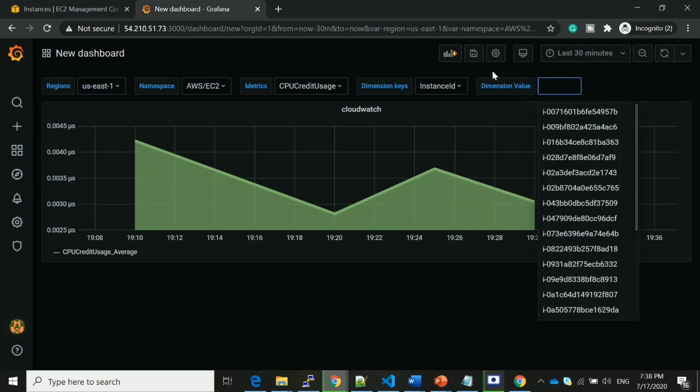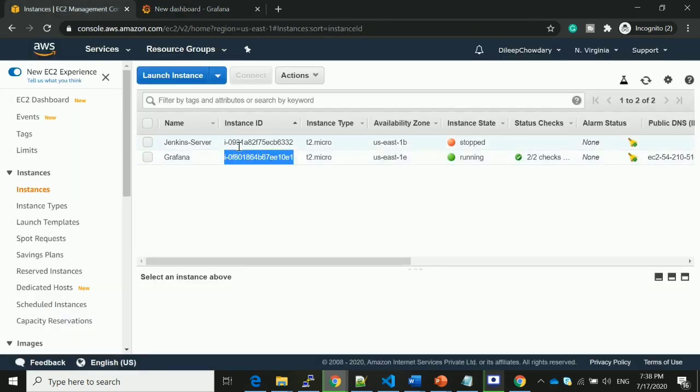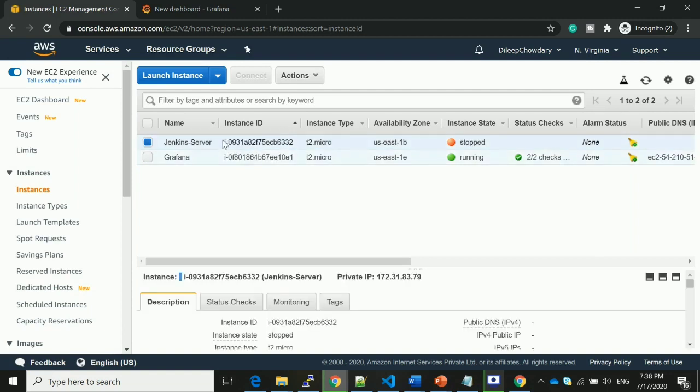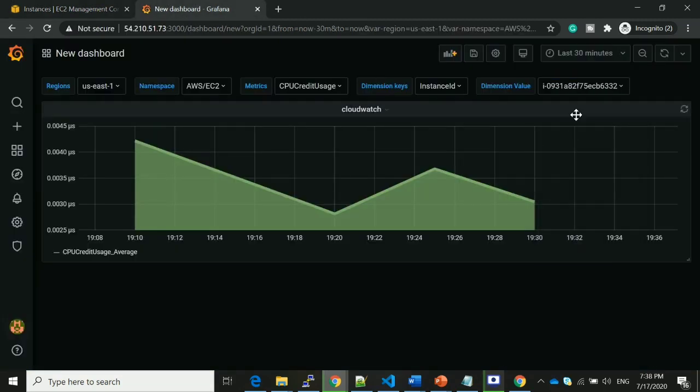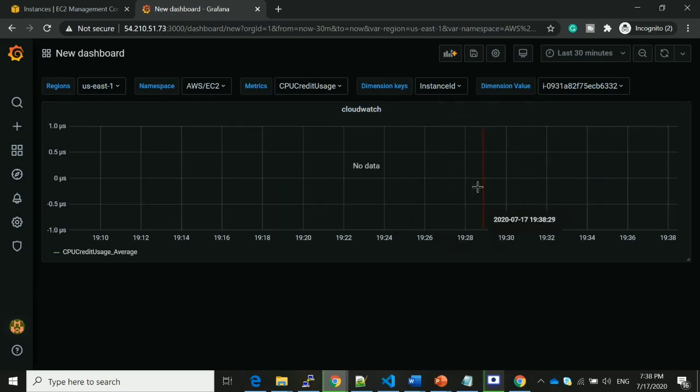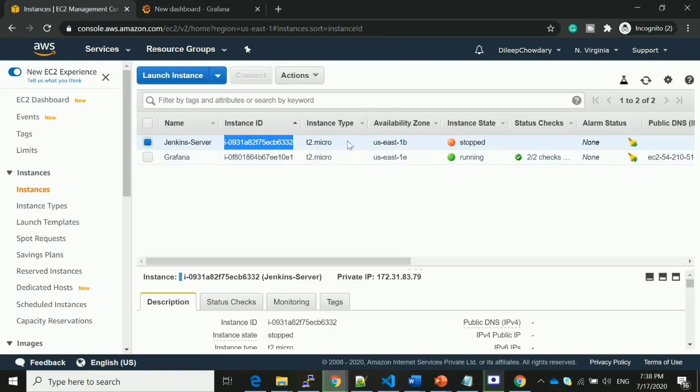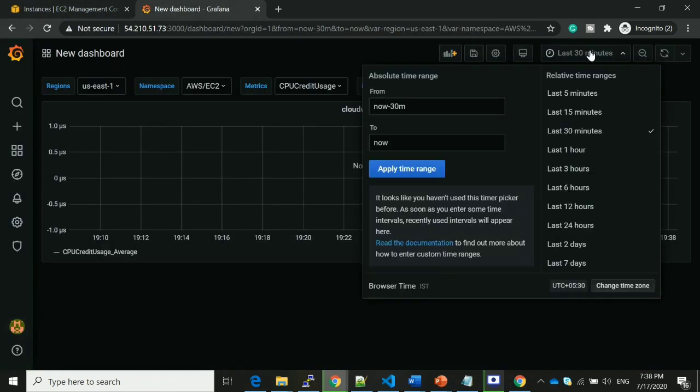Let me copy Jenkins server ID. I'm copying that one. Okay, I just copied. Here I am pasting that ID. Okay, see, the graph is loading now. So here if you observe, I'm not finding any data. My Jenkins server is not running, right?